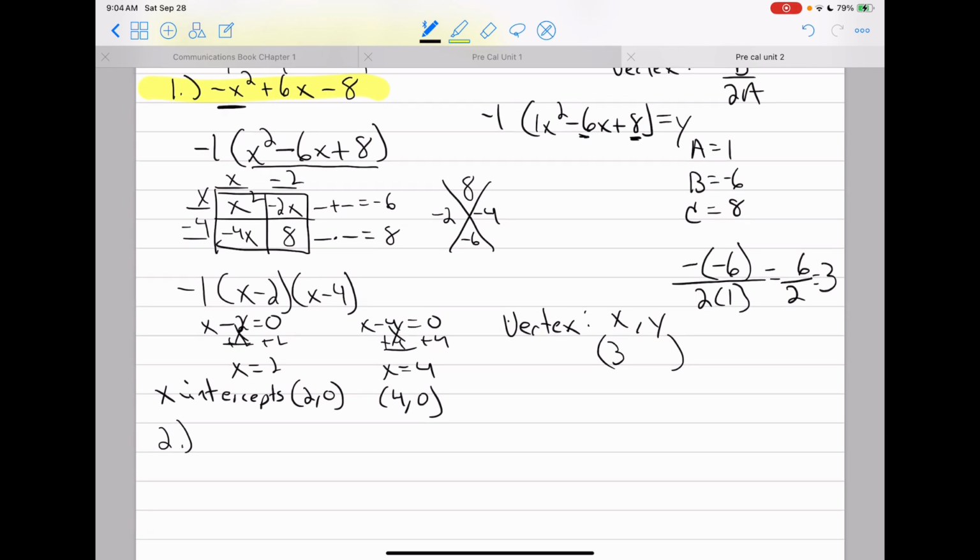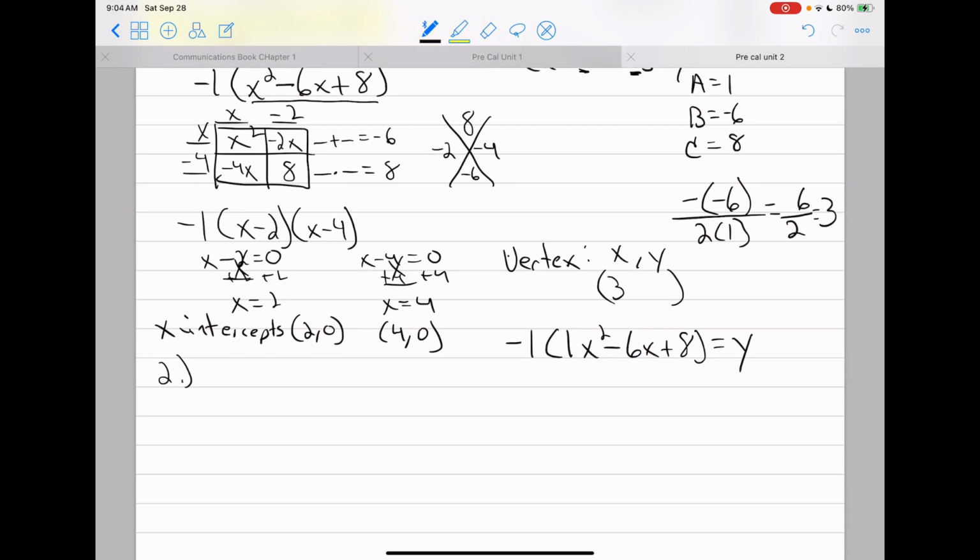So I'm going to rewrite it: -1 times (x squared minus 6x plus 8) equals y. And I'm going to plug 3 in for x: -1 times (3 squared minus 6 times 3 plus 8)